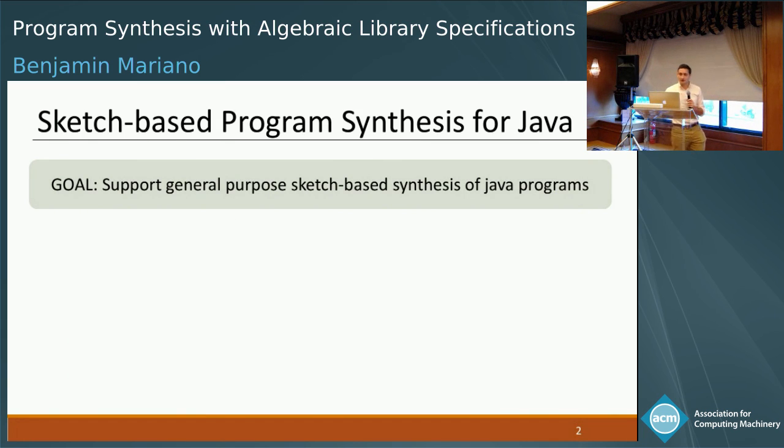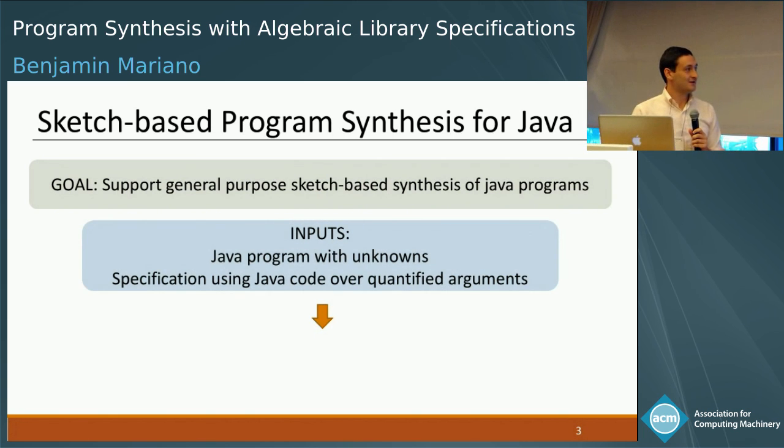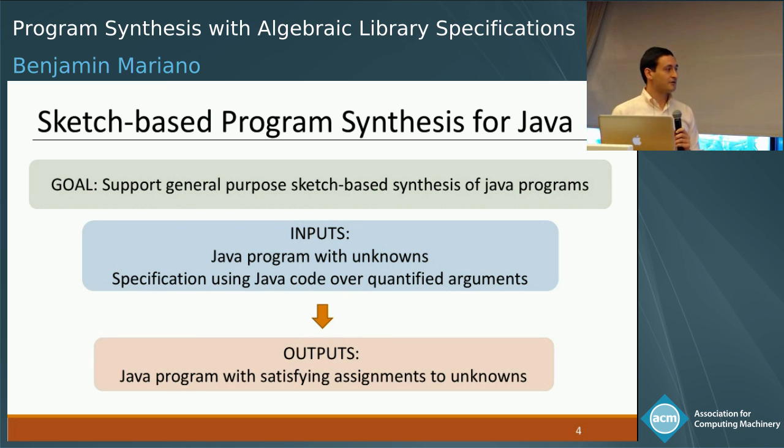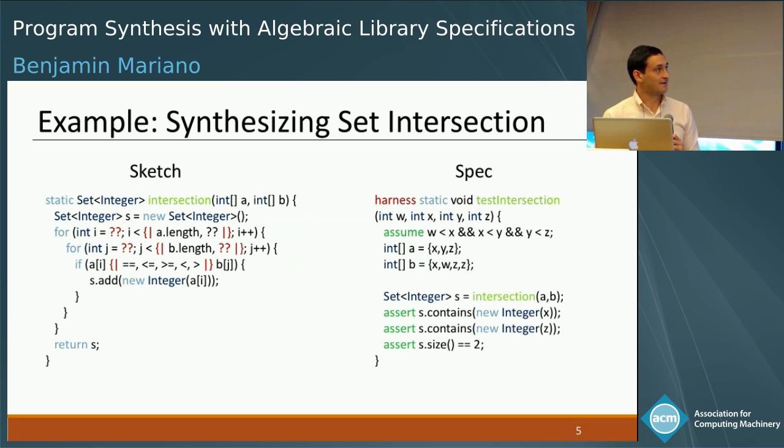So what's our goal? Our goal in this work is to support general-purpose sketch-based synthesis of Java programs. So what do I mean by that? Well, the inputs are Java programs with some unknown values, along with a specification using Java code over quantified arguments, which will constrain the possible values for these unknowns. So our outputs are going to be a Java program with satisfying assignments for these unknowns in our program according to the specification. Okay, so let's take a look at a kind of simple example that we're going to use